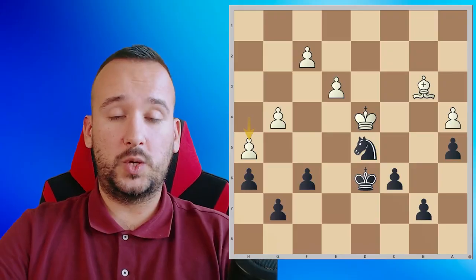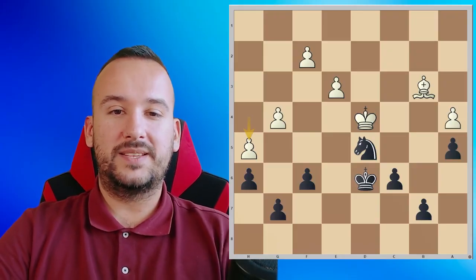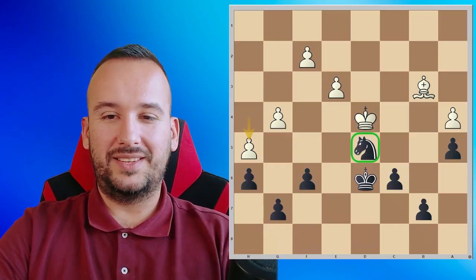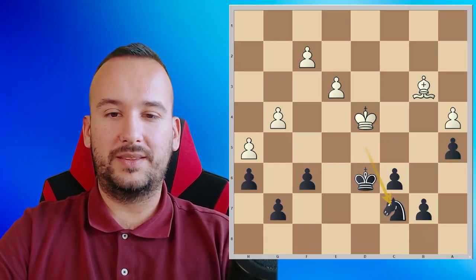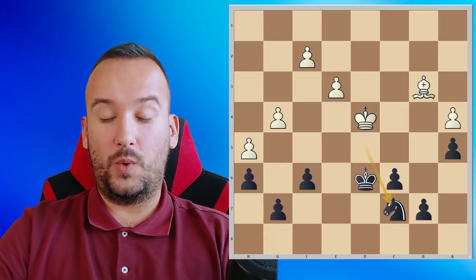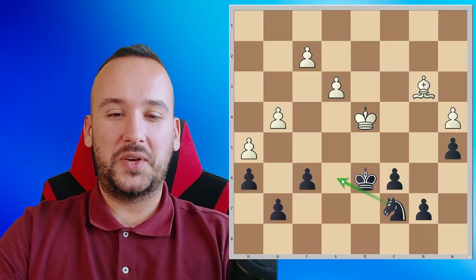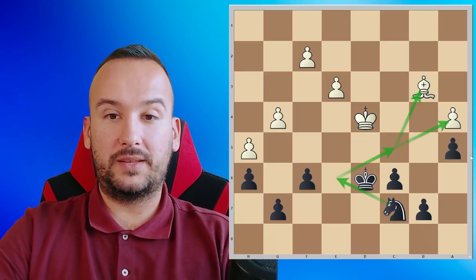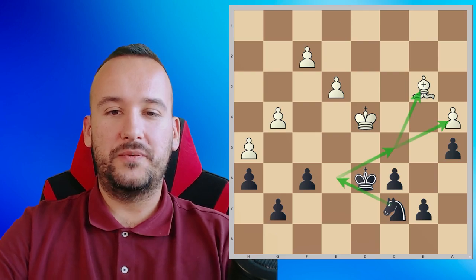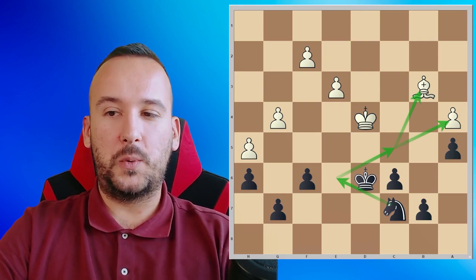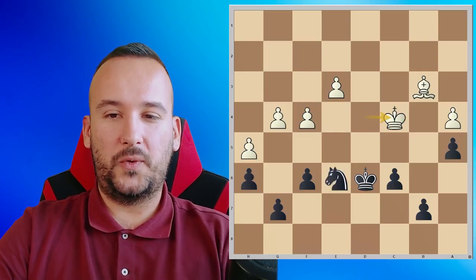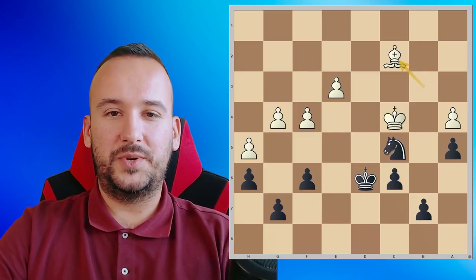How black is winning with the pawn up is, again, a nice maneuver. We need to find a better square for this knight on d5, and that happens. So black played knight c7, and why knight c7? The idea is to go knight e6 and knight to c5 to attack the bishop and to put additional pressure on the a4 pawn. So after knight c7, white played the move f4, check, king c4, knight c5, bishop c2,